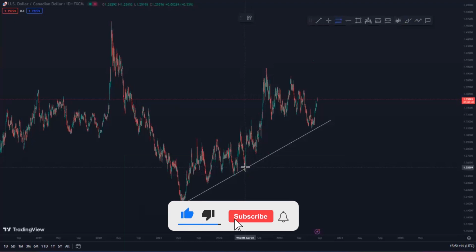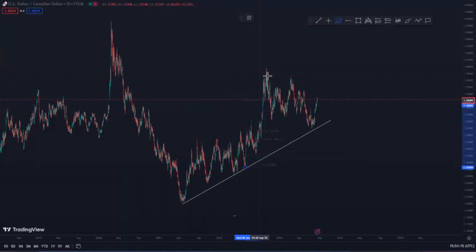You just plot it from the first, because this is the impulsive move. Like I said, this is the impulsive move, this is the correction. So we started here at the beginning of the impulse, which is our first touch, second touch, all the way up there to where the market started fetching our third touch. So we go all the way to here, and then we are looking for those rejections at our level